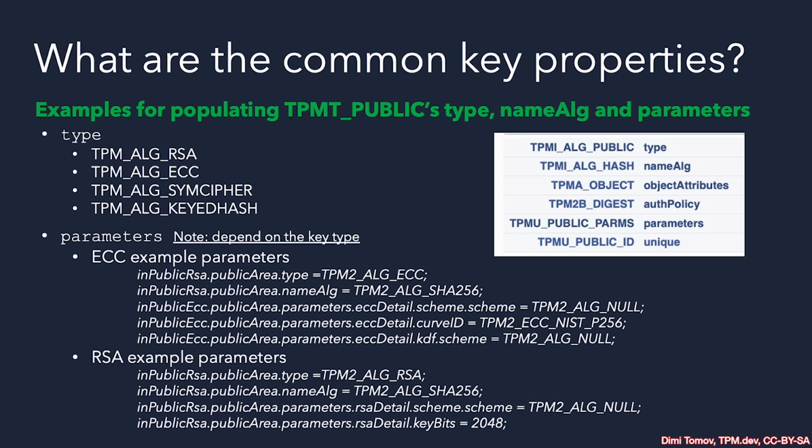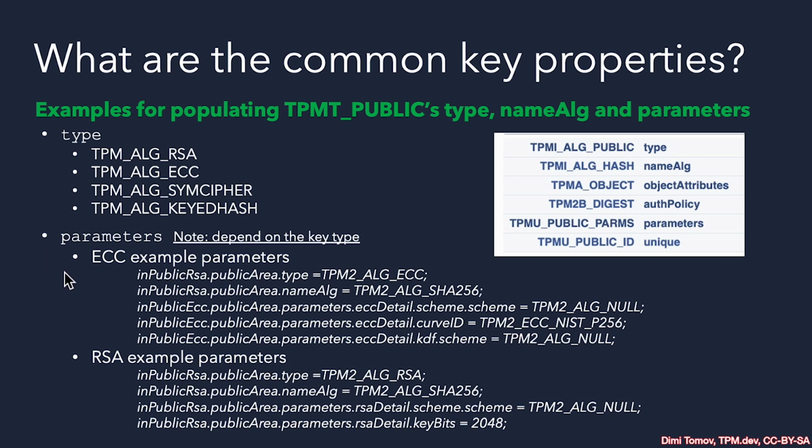Let's quickly go through the common types that we can use when populating the TPM public parameters. And in this case, we'll talk about the type, name algorithm that's used, and parameters. We'll give, of course, 2 examples with ECC and RSA. So we have the RSA key set using TPM_ALG_RSA, and similar for ECC, TPM_ALG_ECC. We also can have a symmetric key or a different type of keyed hash key, and these are also covered in TC1101, so I would recommend just taking the labs there as well.